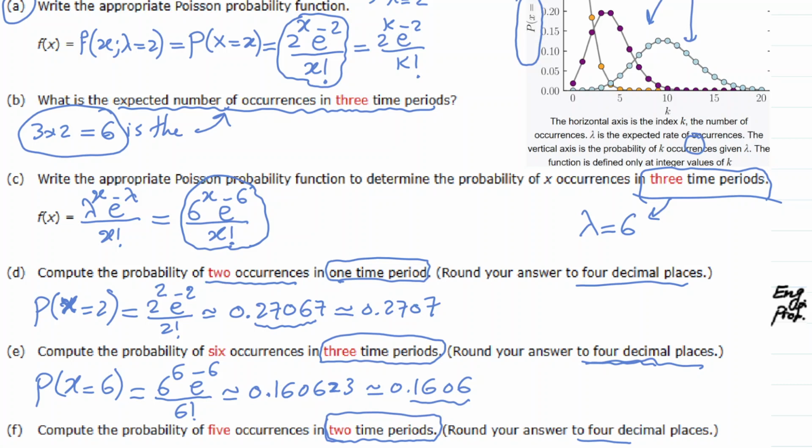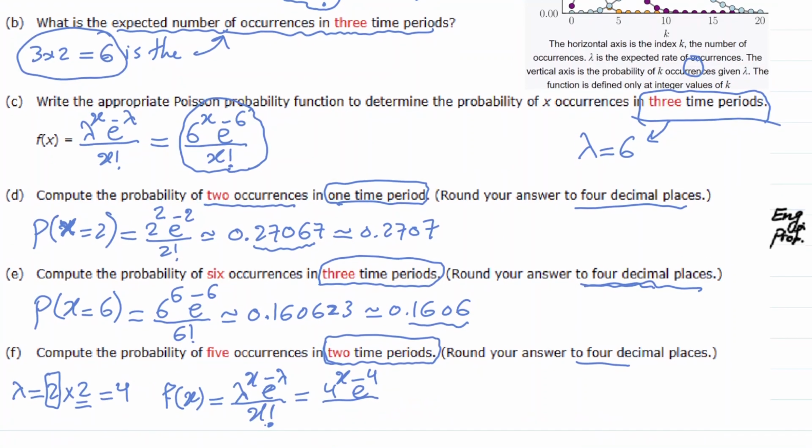So the formula for Poisson becomes lambda to the power x, e to the negative lambda, divided by x factorial. Our lambda is 4, so 4 to the x, e to the negative 4, divided by